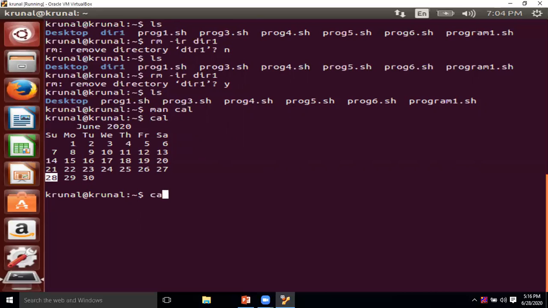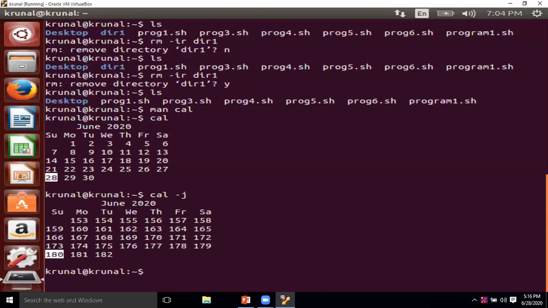One more option, as we have seen, is cal -j. J stands for Julian. It means the Julian calendar will be displayed. Instead of showing the number of days in a particular month, it displays the current day number out of 365 days.